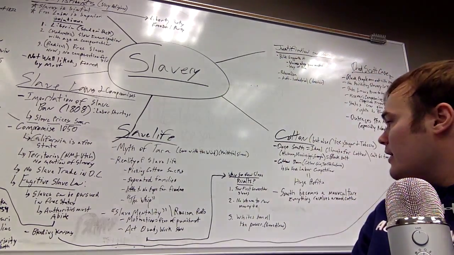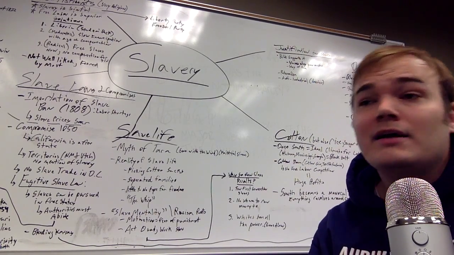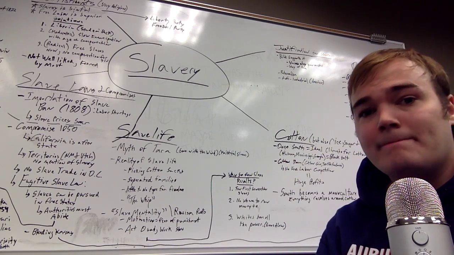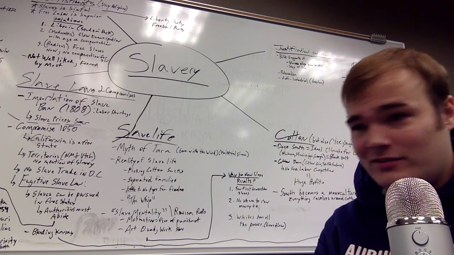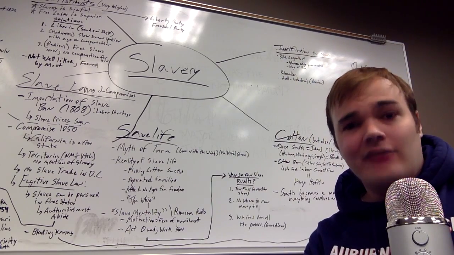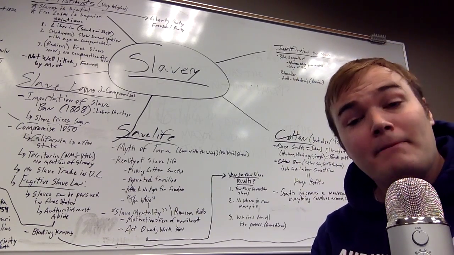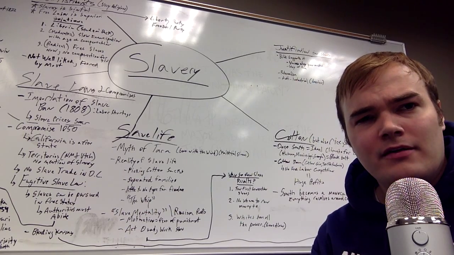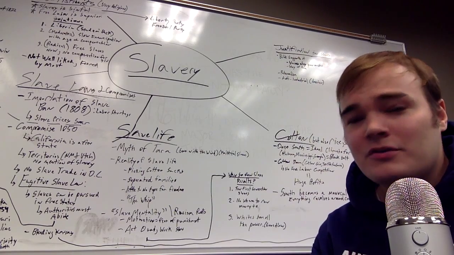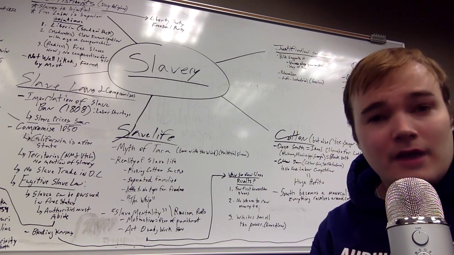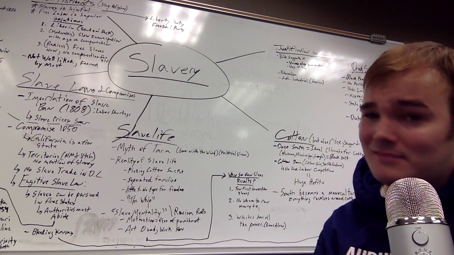The other thing, we also have nowhere to run to. This is one of the unfortunate realities of being in the Deep South. Let's say you're in southern Alabama and you want to escape. Where are you going to escape to? You're going to have to go through Alabama and then Tennessee, and hopefully nobody's going to catch you. You are in a white world where everyone is on the same page about race. And you're going to look like a slave when you're running away. It's going to be very, very hard to make it up north. And if you get caught, God help you, because you're going to get whipped brutally or maybe even put to death. It's a tough world.